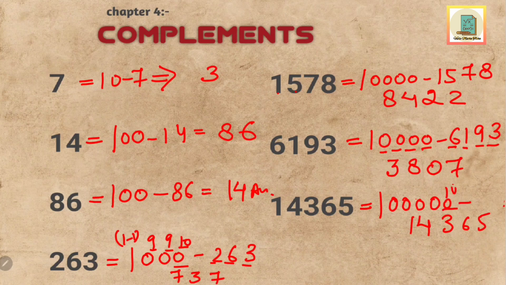Last digit from 10 and the rest from 9. 10 minus 5 gives you 5, 9 minus 6 gives you 3, 9 minus 3 gives you 6, 9 minus 4 gives you 5, 9 minus 1 gives you 8. So the complement of 14,365 is